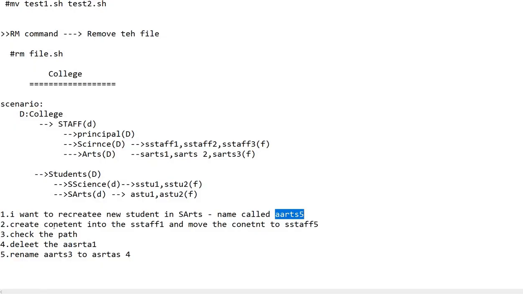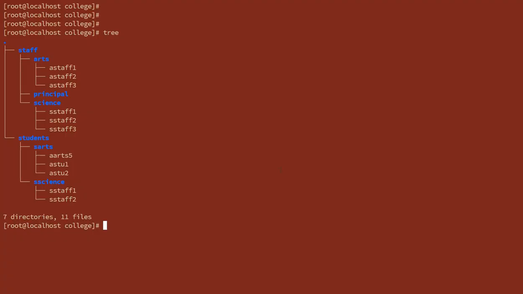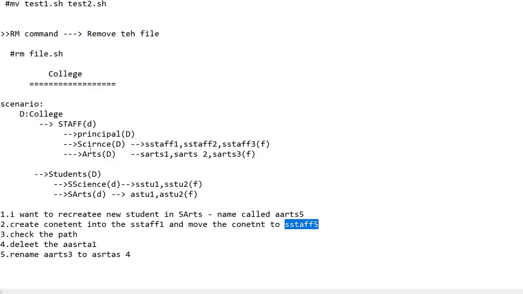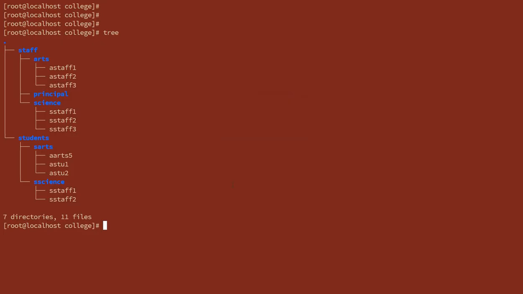The second thing is to create content in the staff file. Already we created the content in the staff file and need to move it. So staff5 we need to move, but staff5 is not there, right? Okay, so first, if you want to create content in staff1, staff1 is here in the science group, college staff science. So I need to go cd college, staff,